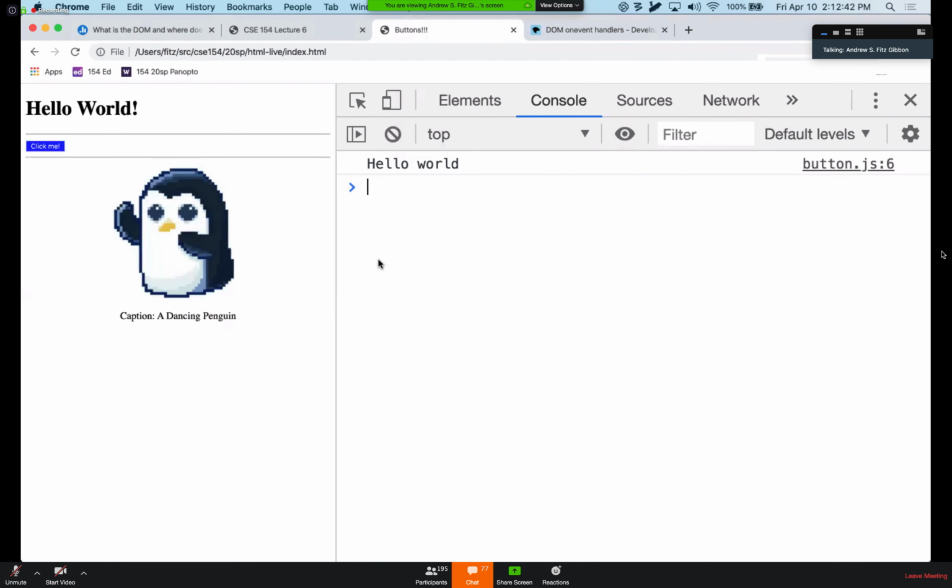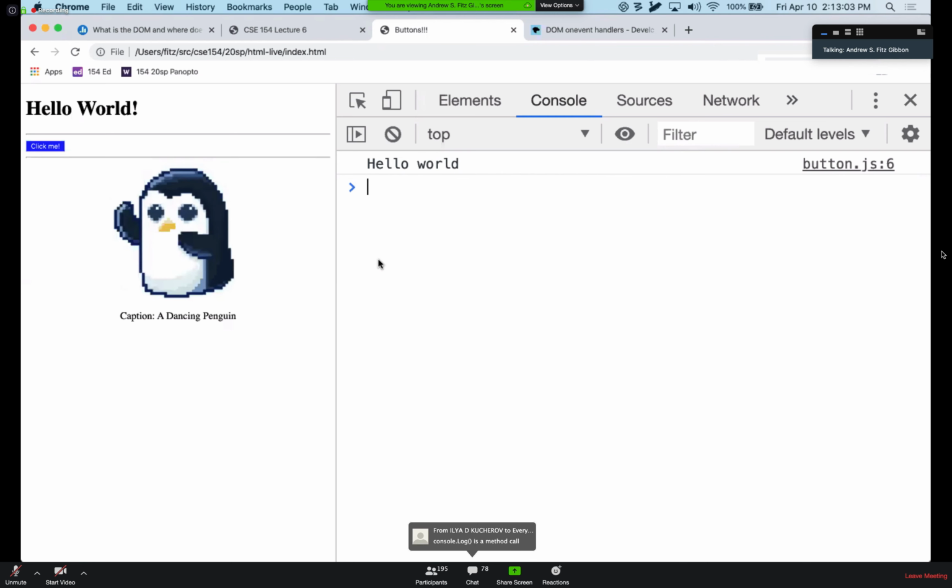So I'll refresh. You see that the hello world actually happens immediately. So this is a difference between the function being called immediately versus providing what we call a callback,